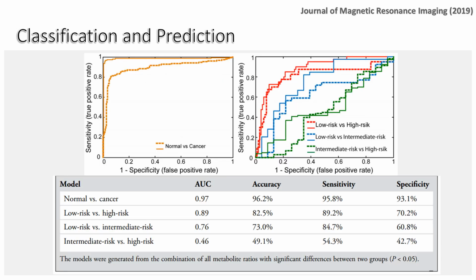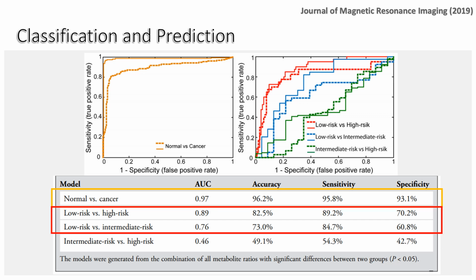In terms of risk predictors, the normal versus cancer model for all combined metabolite ratios achieved the highest area under ROC curve, accuracy, sensitivity, and specificity. Satisfactory results were also obtained for low risk versus high risk and low risk versus intermediate risk cancer models. However, the model to separate intermediate risk from high risk cancer tissue obtained the lowest area under ROC curve, accuracy,